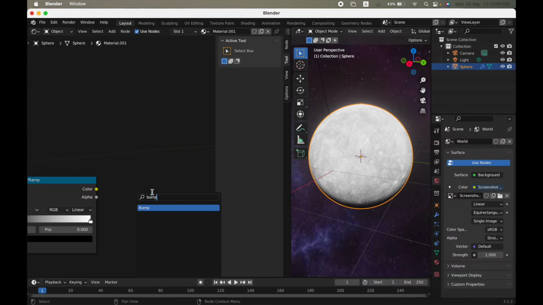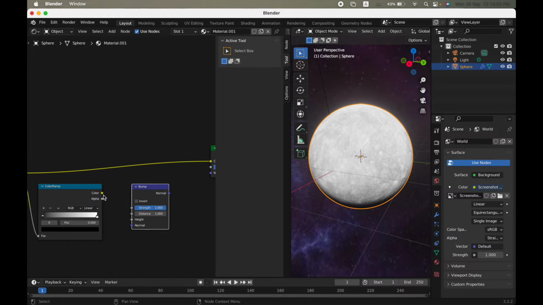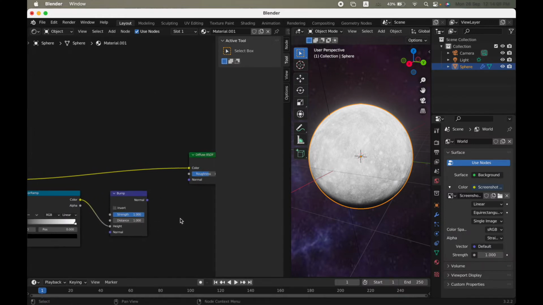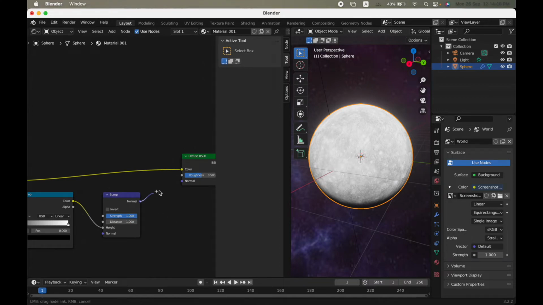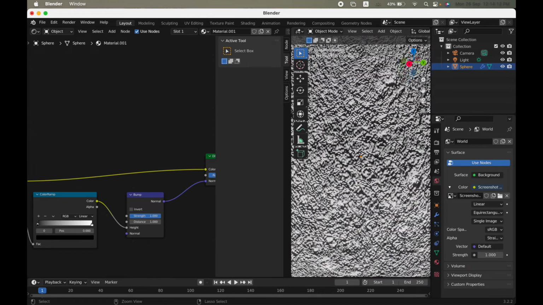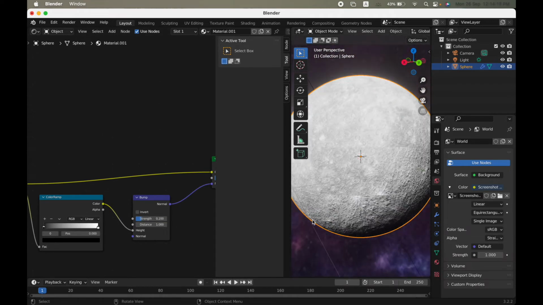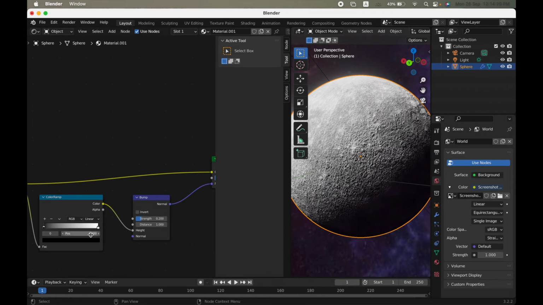the bump node, so it looks like a bump basically. Take the color node and put it into the height node and take the normal to normal. And now you will see it's a little too much. So just change the strength to about 0.2, and basically now you can just mess with these and you